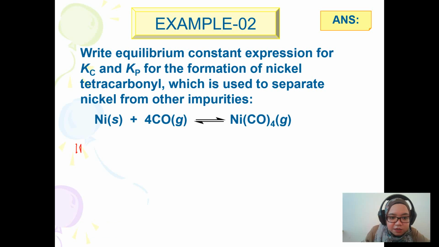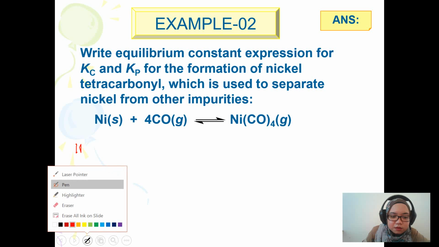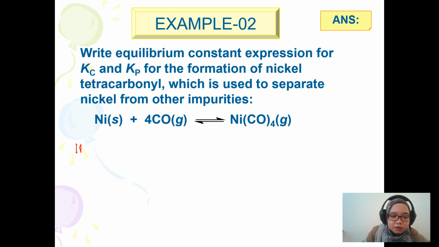So we do the Kc first. Let's see. Here we have nickel solid plus 4 carbon monoxide to form nickel tetracarbonyl. So this one is gas, this one is gas, this one is solid. So should we include the solid in the Kc and Kp expression? No. So Kc is equal to the concentration of nickel tetracarbonyl